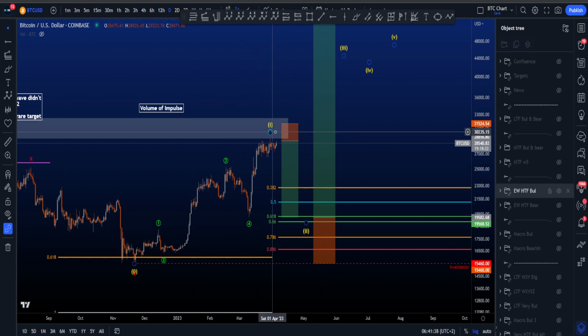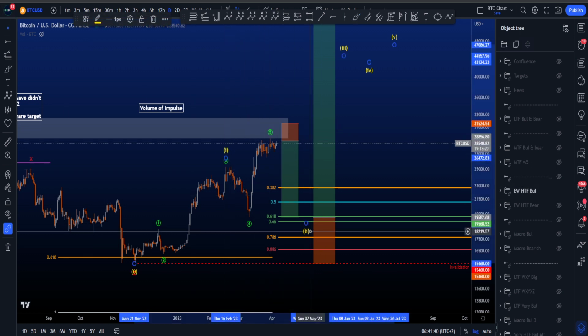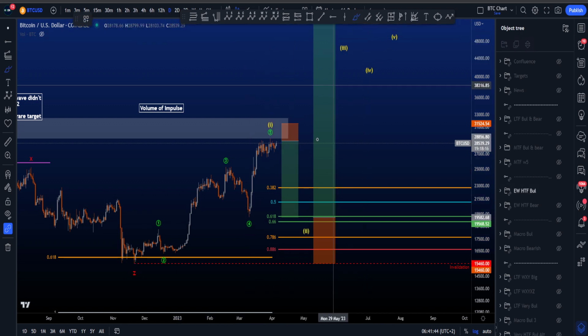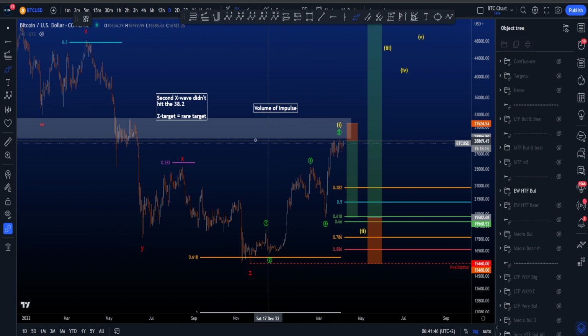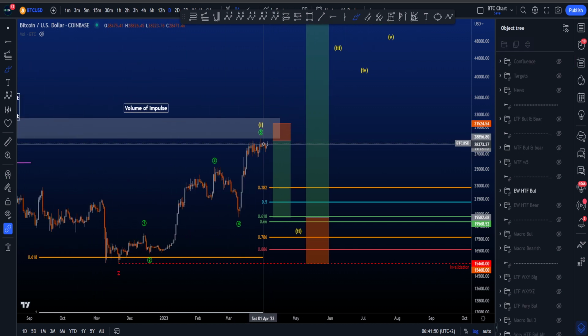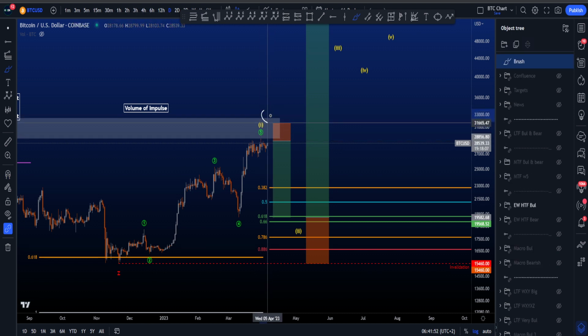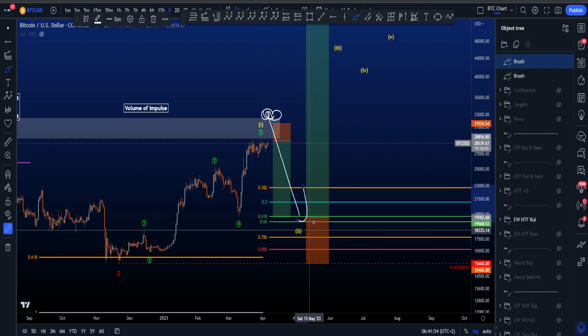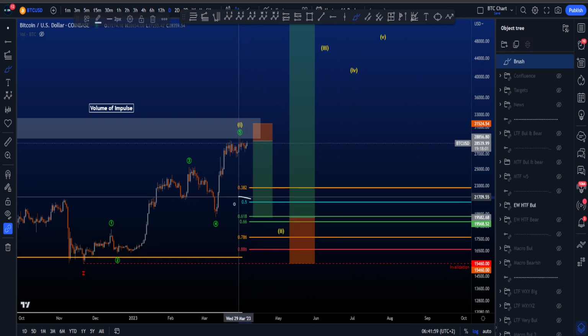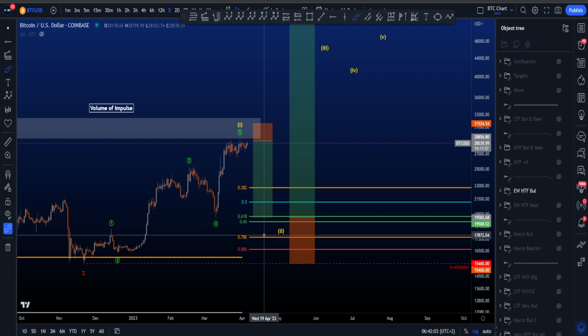Now I also see scenarios, of course, where I have wave 1 over here and wave 2 over here, but I don't really like that, and I'll explain it later in another scenario. So in this scenario, the end of wave 1 would again be in the support resistance area. Potential short setup is entering the shorts over here, stop loss somewhere safely above, trading it to the downside, where the most common targets for wave 2 are between the 0.5 and the 0.786 fib, which is basically between 21.1K